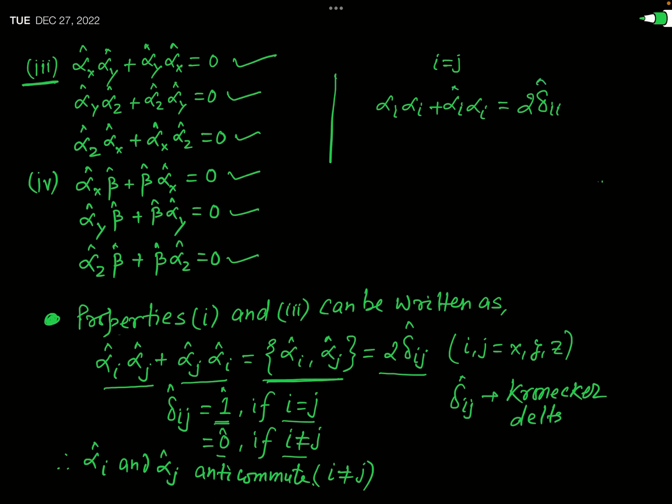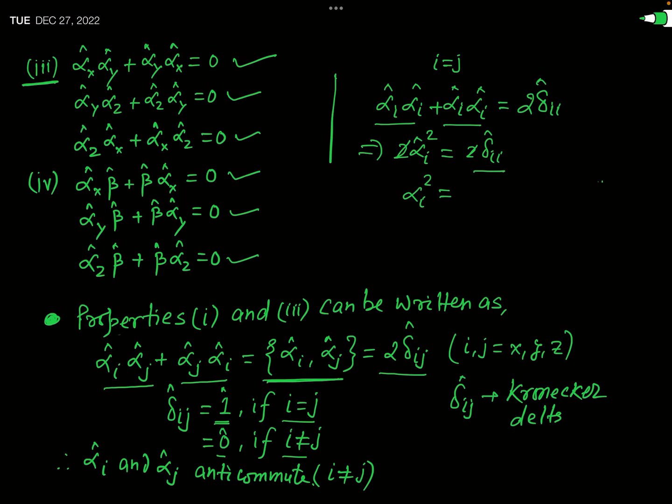Okay, 2 delta ij. Write here the sign of hat. So this will be what? This is simply 2 alpha i hat square. Okay, alpha i square plus alpha i square. This is 2 alpha i hat square, and this is 2 delta ii. Okay, now this 2 and 2 will cancel out, and you can see that this alpha i square is equal